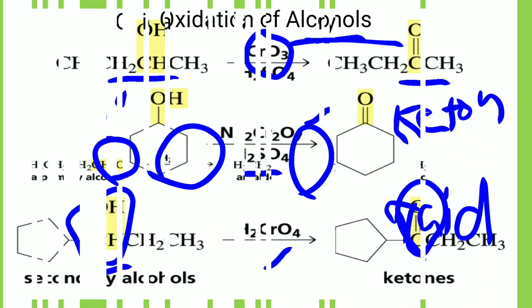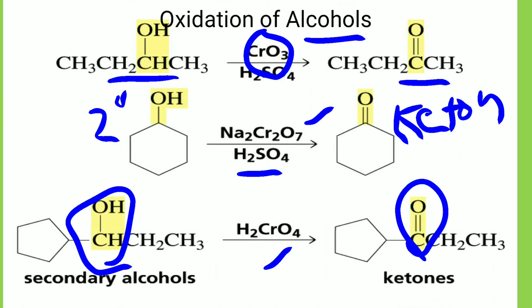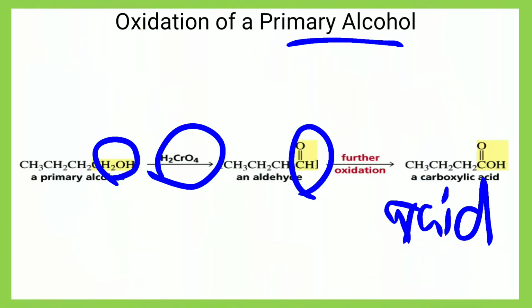Also, all these alcohols, which on oxidation in presence of chromate get converted to the ketone, but this reaction does not stop over here. This further oxidizes to the acid. Okay,